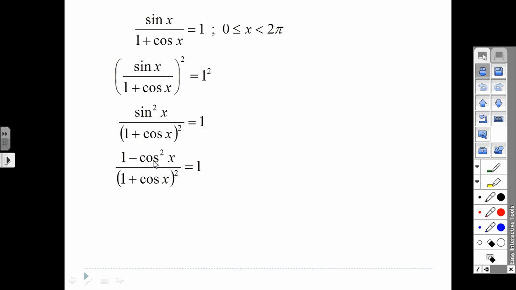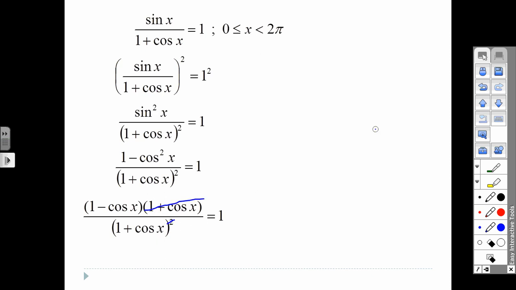And then this is the difference of squares, right? So I can factor that. And notice that this is 1 plus cosine x. This is also 1 plus cosine x, but it's squared. So these can cancel, right? So I can cross this off and cross off that 2. And now I'm left with